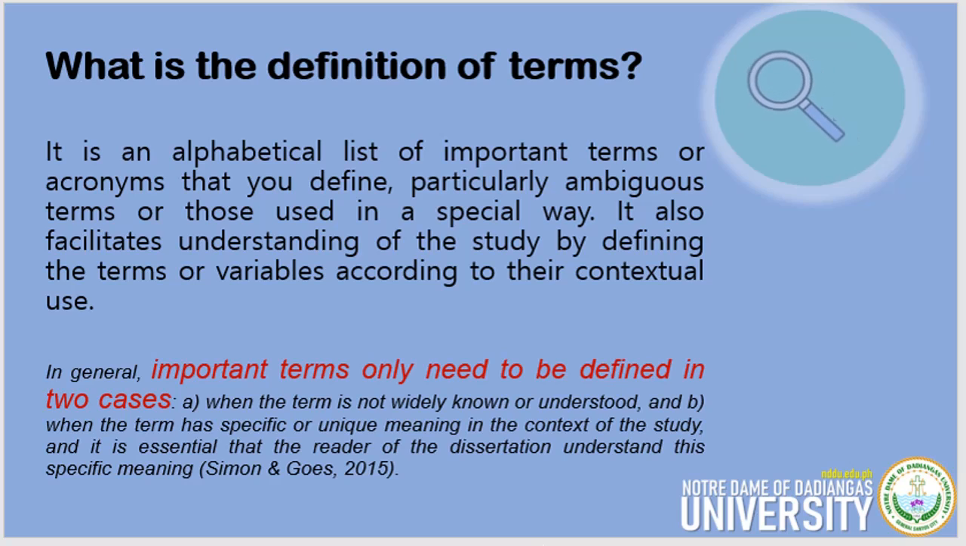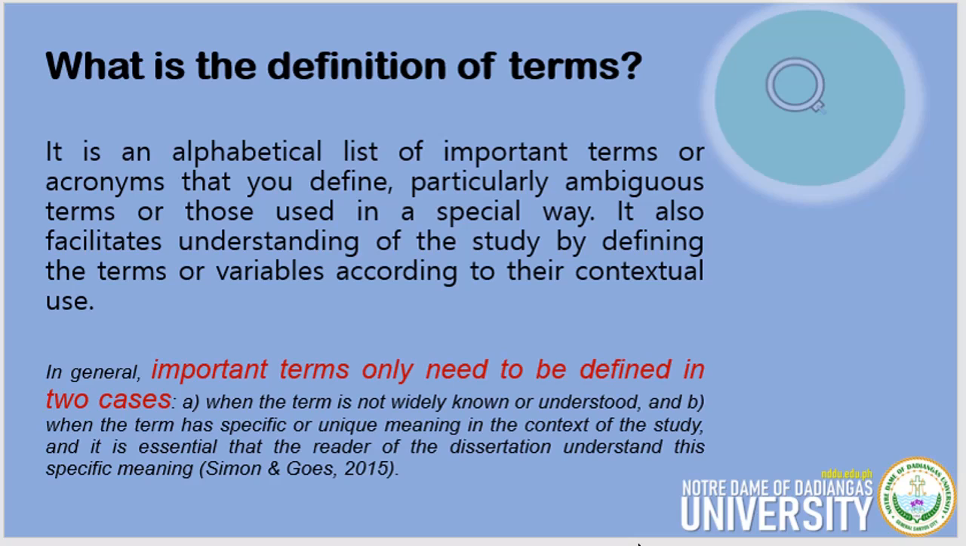Now, what is the definition of terms? It is an alphabetical list of important terms or acronyms that you define, particularly ambiguous terms or those used in a special way. It also facilitates understanding of the study by defining the terms or variables according to their contextual use. In general, important terms only